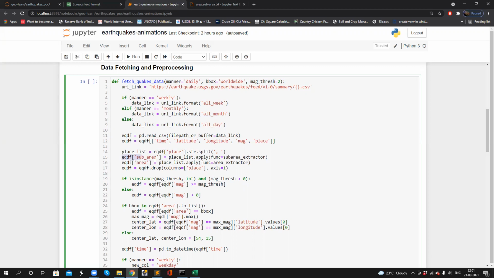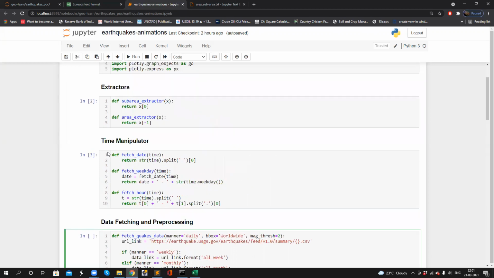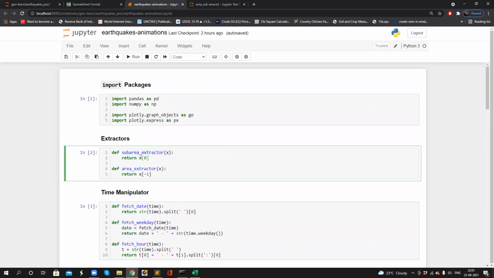This is how we do it. I'm calling the functions here which I have defined. So x is actually a list which contains two values, sub area and the area. Because we want the sub area, we only consider the 0th index, and for area, we only consider the last index.